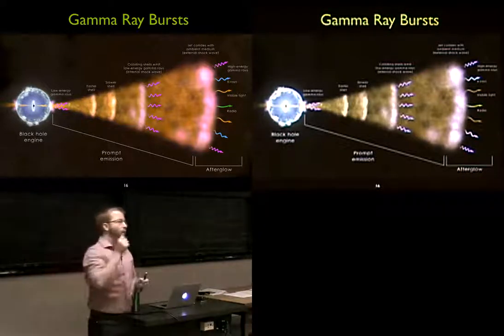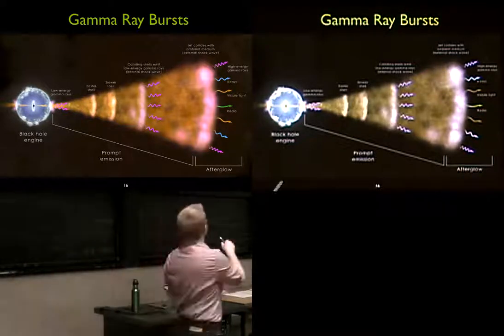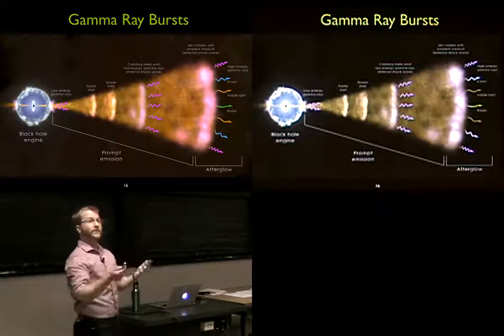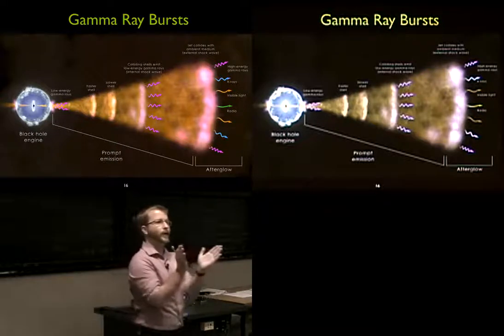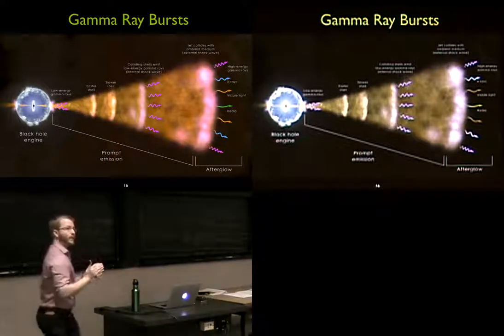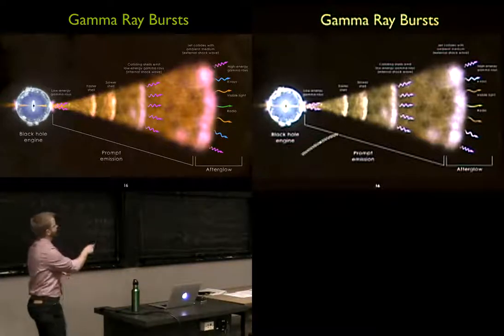So if we know the underlying rate of how often these central engines generate gamma ray bursts, and then we take the data for how often we actually see the gamma ray burst, that gives us information on how far open that must be. But we think it's about 10 degrees. So the other way that we can try to pull that information out is actually in the details of the